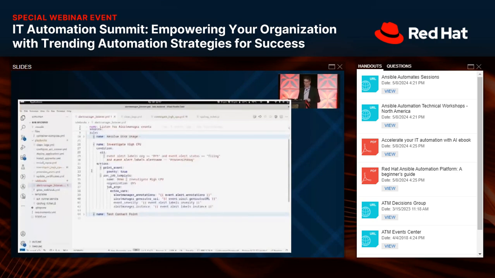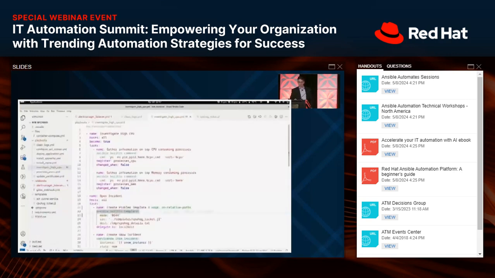I can see what's in it, and then I'm going to run a job template, a different job template. And that job template is going to do something interesting. I'm going to basically just grab some data. You probably have a process where if something goes bump in the night, you log in and you run a bunch of commands. Well, that's what I'm doing here. I'm running a bunch of commands, basically just getting some process information.